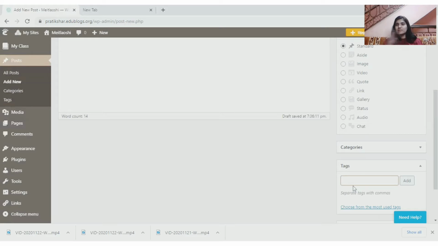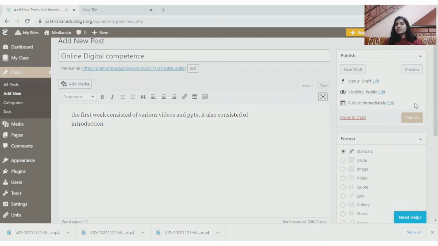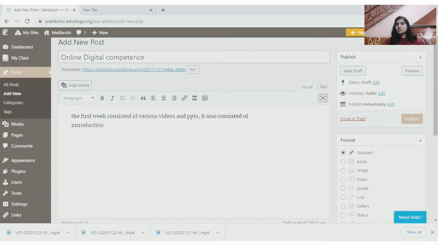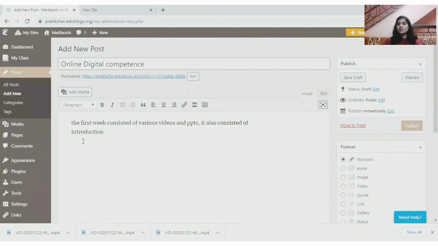When Google, as we've already spoken about how search engines work, the web crawlers will consider that as a tag, and tag my article under digital competence, and hence show my article under digital competence. So that is what tags are for. But if you're starting to blog, you won't really need tags, but you can always put tags if you want your article to rank, or if you're looking for those kind of things. So yeah, that's about it.